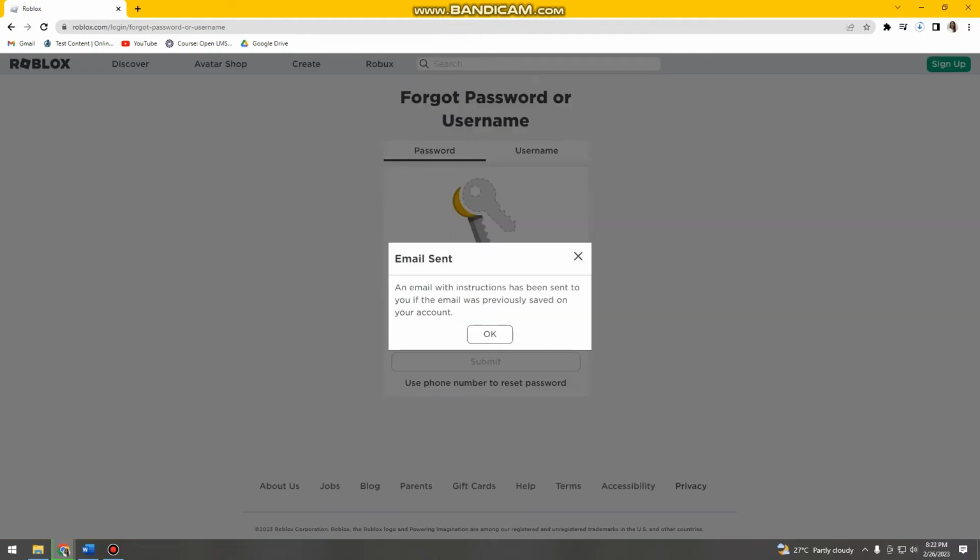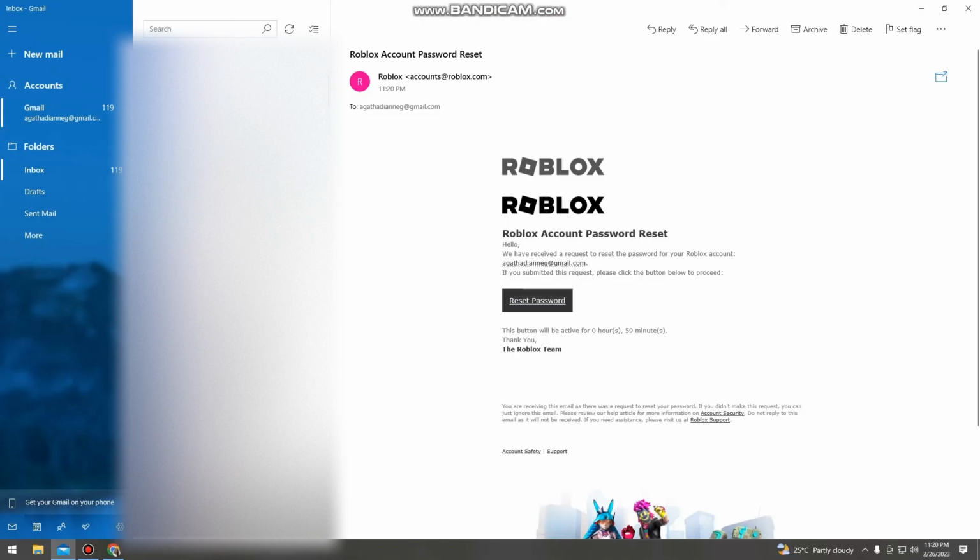So here an email with instructions has been sent to you if the email was previously saved on your account. So you need to check your Gmail. Then I'll be back and just need to check my Gmail. Okay, so as you can see, I received the email, and you just want to click reset password,